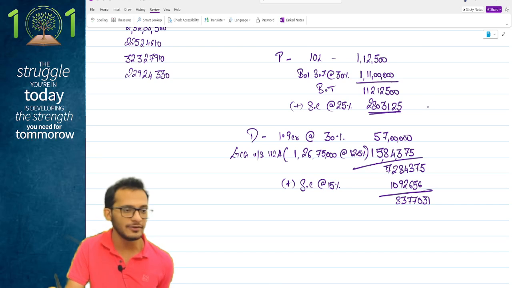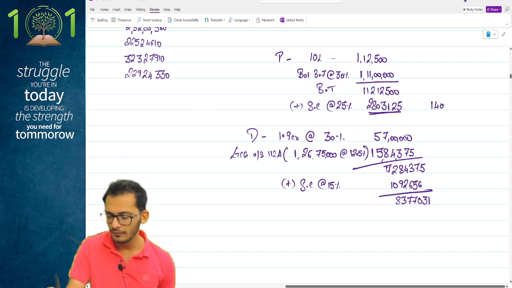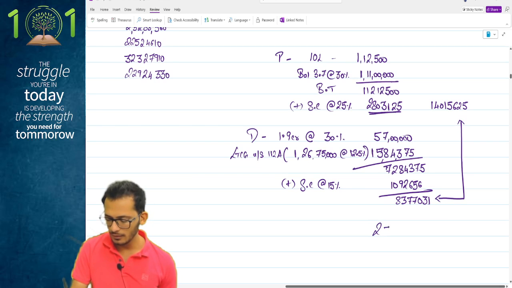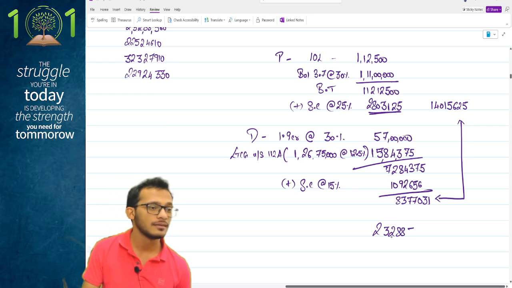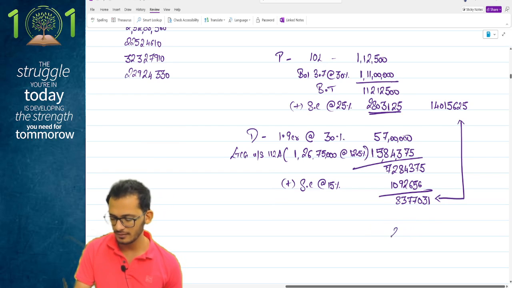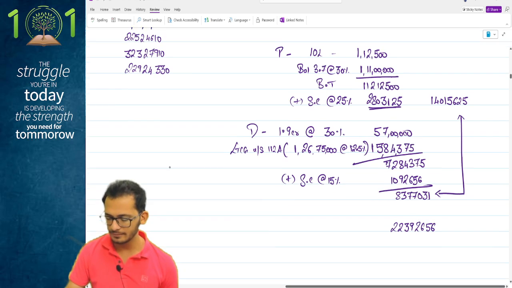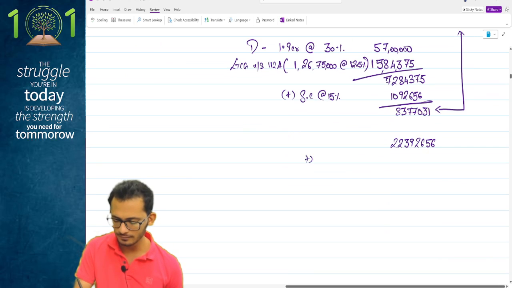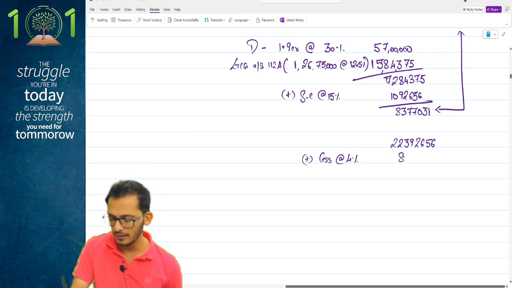Plus 25%. Number is 1,40,156. Add these two numbers. Add cess at the rate of 4%. Number becomes 8,95,706. Total becomes